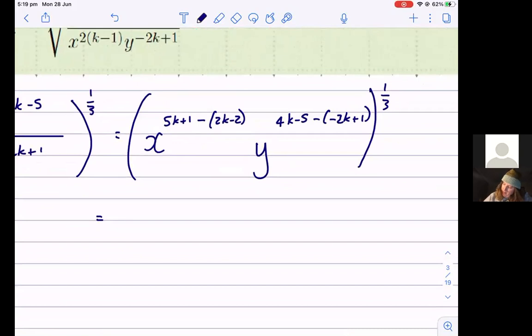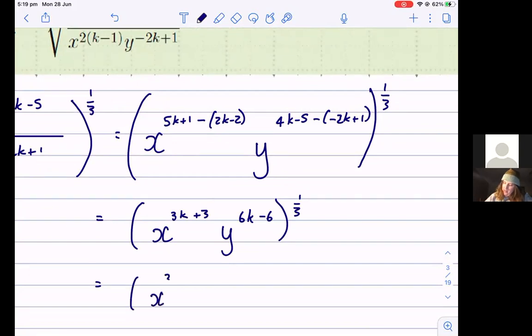So we've got x to the 5k take 2k is 3k, positive 1 take negative 2 is plus 3. Y to the 4k take negative 2k is 6k. Negative 5 take 1 is negative 6, to the third. And I'm going to factorize these exponents. So I've got x to the 3 outside of k plus 1. This is just to make my life easier in one step,